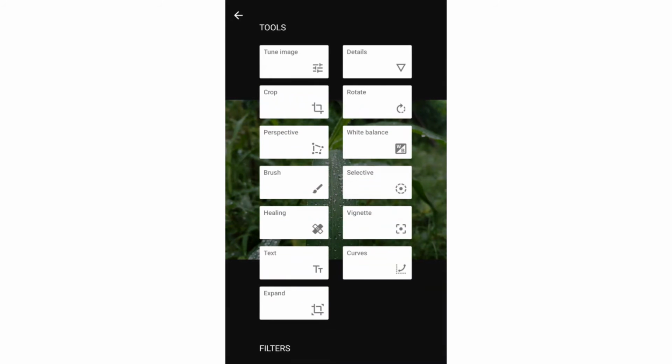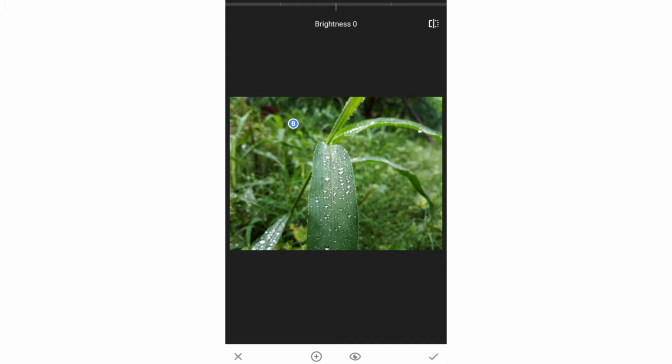Next one is selective. You can use this option to add a point anywhere in your image. Then you can increase or decrease the area selected by using 2 fingers like you normally do to zoom in or zoom out. Now you can change the brightness, contrast, saturation and sharpness.